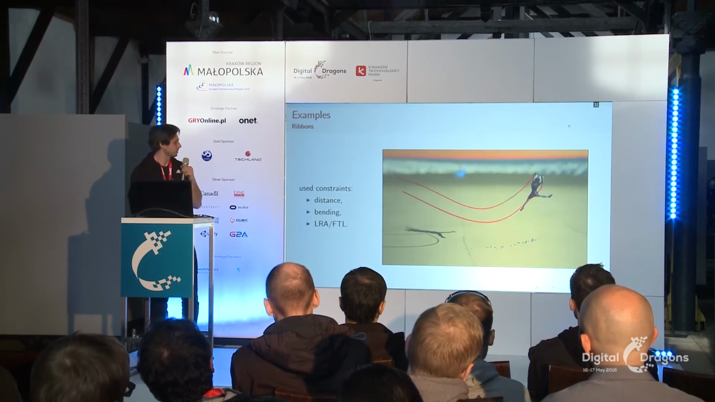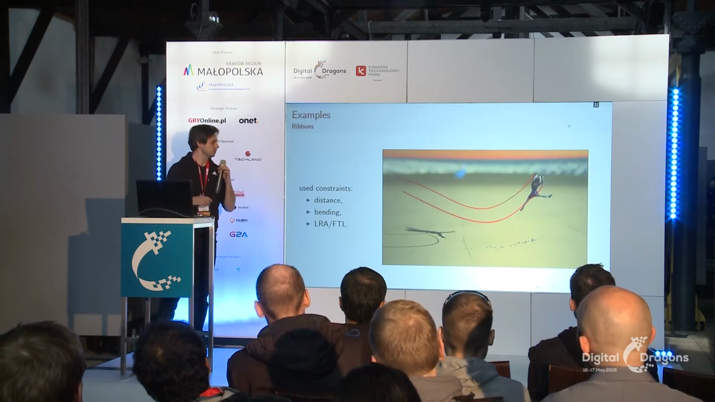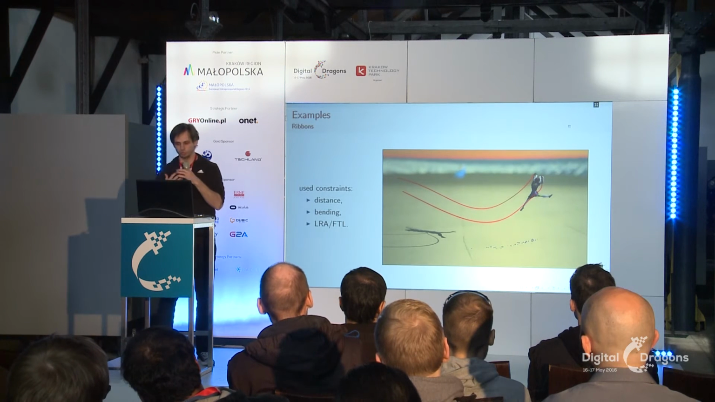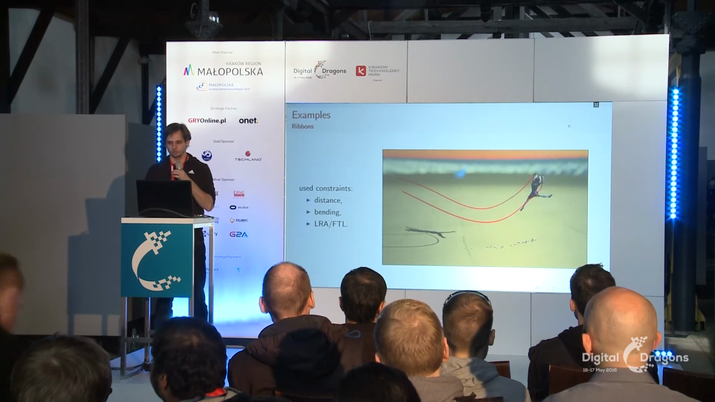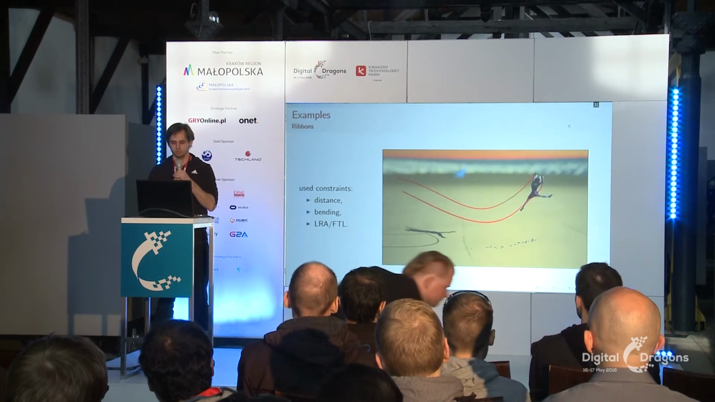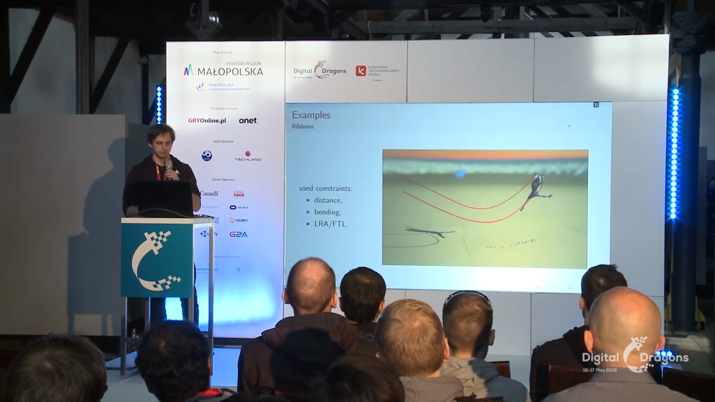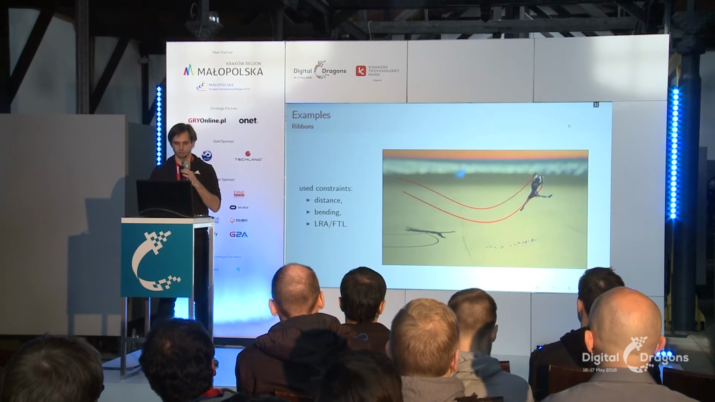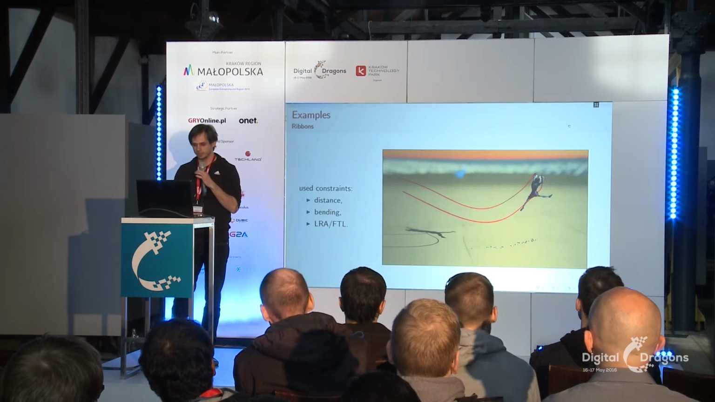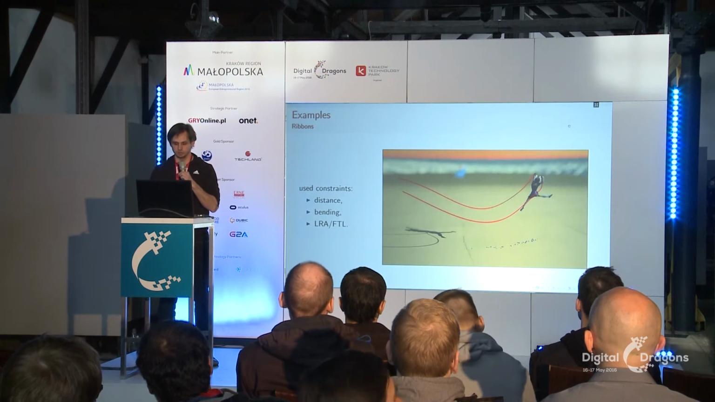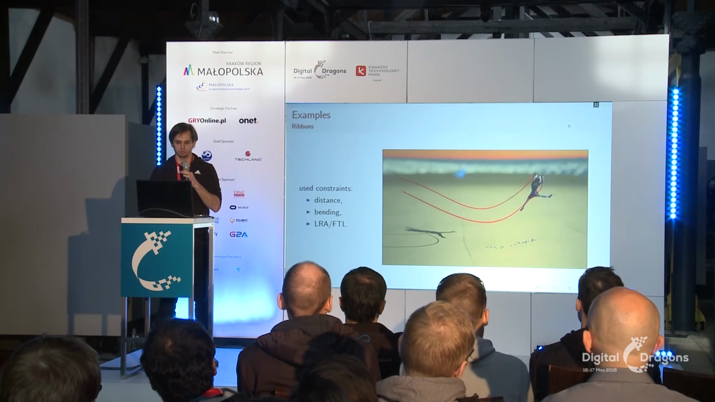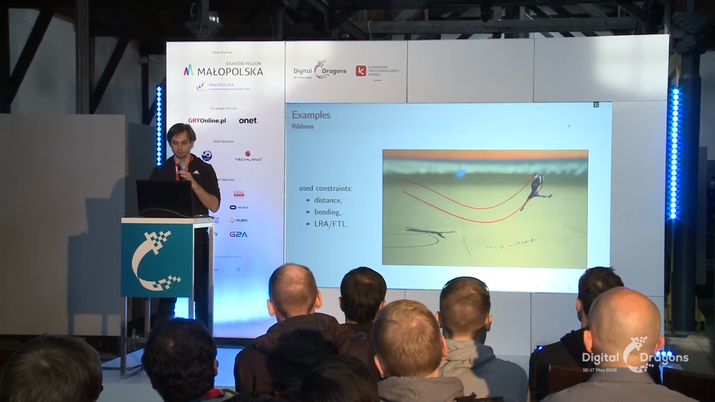Next, ribbons. Each of these red ribbons is a kind of rope where the first particle is attached to the player's hand. Again, distance and bending constraints for the overall structure of the ribbon. And in this case, we are using the follow the leader constraint, and together with quite high velocity damping, it produces